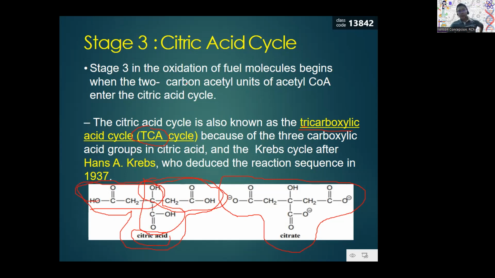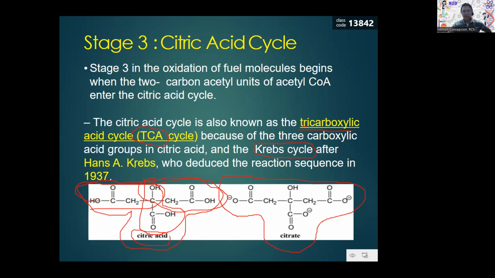Okay? So, may isa pang tawag sa kanya. Isa pang tawag sa kanya is Krebs cycle. And baka mas familiar kayo dito sa term na 'to. The Krebs cycle. Because in senior high school, during the subject life science, I think, and general bio, Krebs cycle is being discussed. And Krebs cycle is the proponent. He concluded that this is